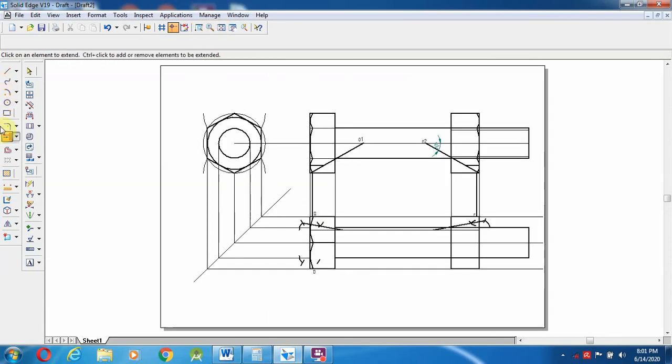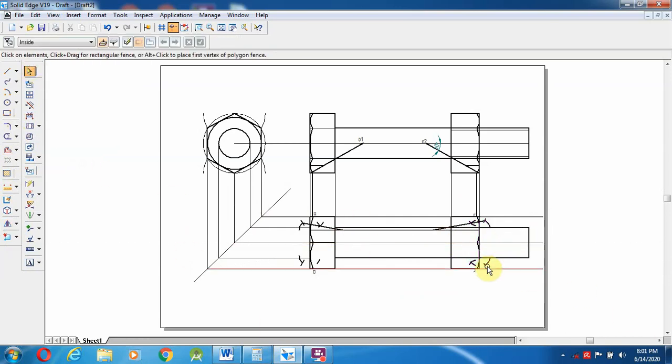After fit, select arc by center point method again, at the end of the line. From here, what is the dimension? 35.7. So I am going to create 35.7 over here. Stop at the particular line. Okay. Then the other side I'm going to trim, and select the mirror option, and based on this one, mirror it.